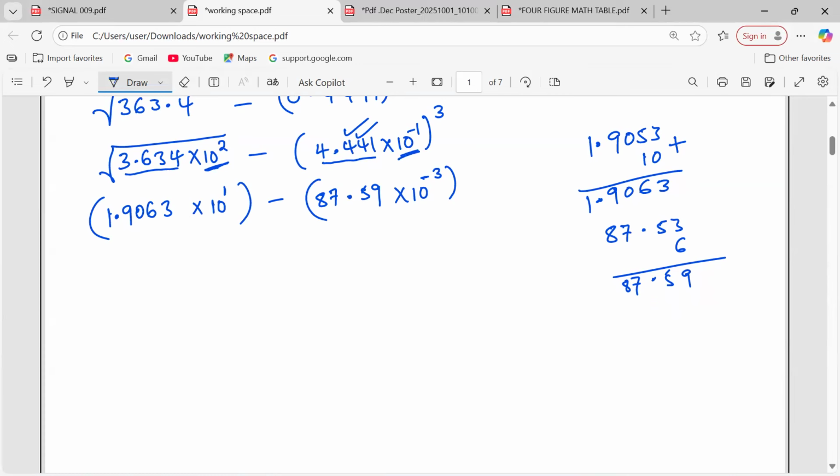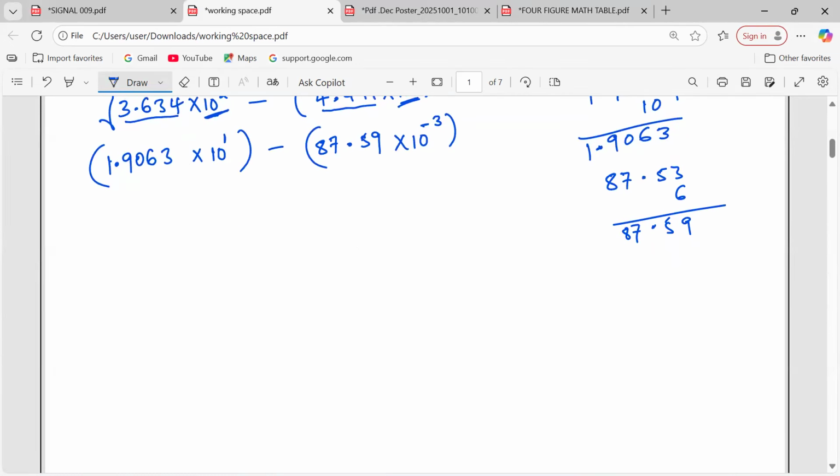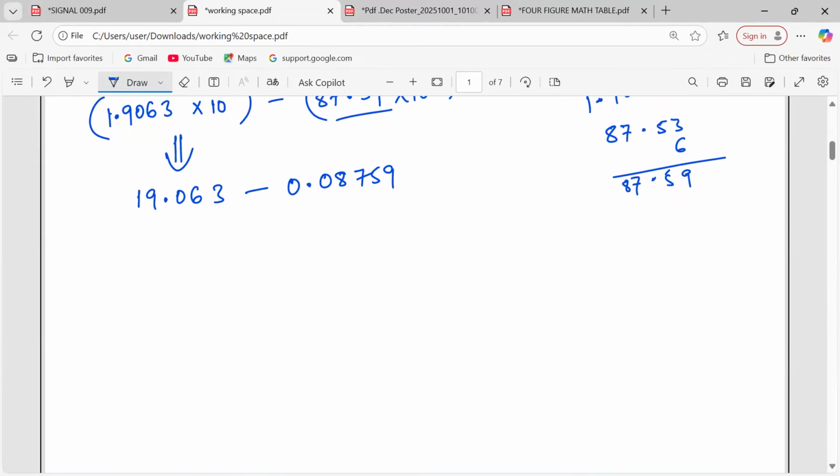But now cubing 10 power negative 1 becomes 10 power minus 3, like that. This part, when we multiply by 10 power 1, becomes 19.063 minus. This part becomes 0.08759, like that. So now we can carry out the subtraction. 19.063 minus 0.08759. Now this gives us 18.97